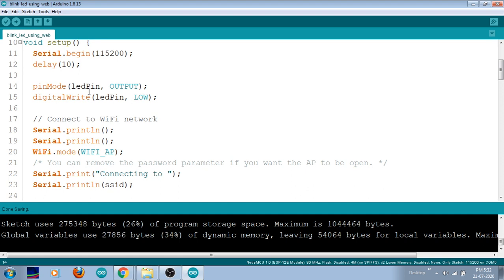And afterwards, I'm trying to connect my Wi-Fi device, okay. For that, I'm giving a one line spacing, okay. Serial.println with nothing in the brackets represents one new line, okay. And next, I'm giving another new line, and then I'm giving the Wi-Fi mode as soft mode, okay. So WiFi AP mode, so that I can connect to this particular IP address, okay. I'm going to connect my Node MCU to the Wi-Fi server of my mobile phone, okay.